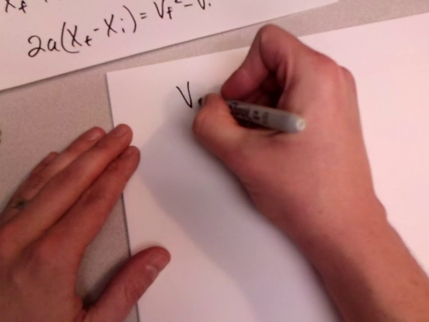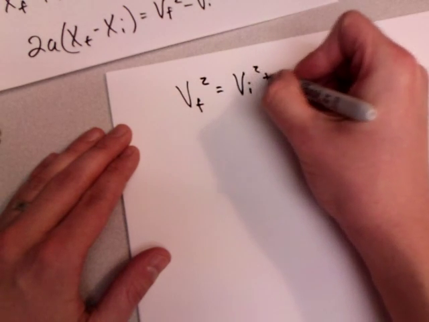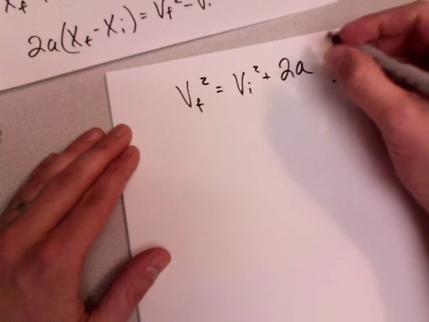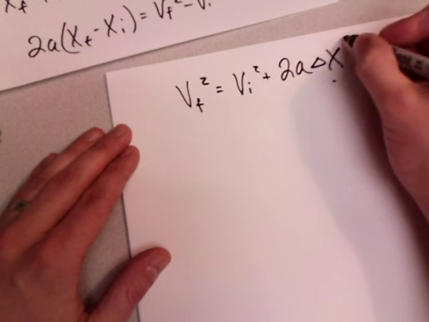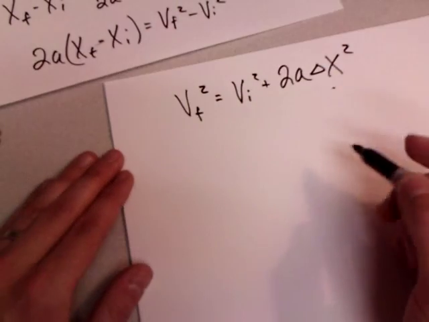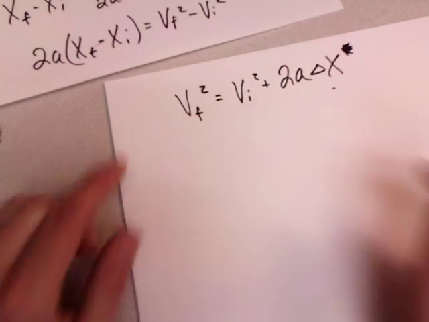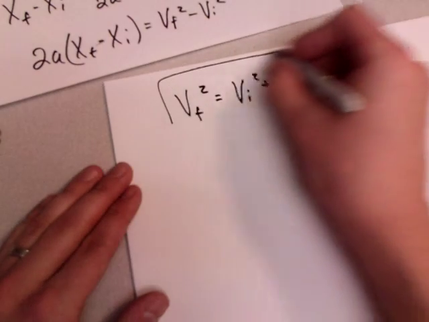And now my last step to rearrange that is getting VF squared all by itself. VF squared equals VI squared plus 2 times the acceleration times delta x, because that is XF minus XI. Not squared, excuse me, just delta x. The VI and the VF are squared. This is my